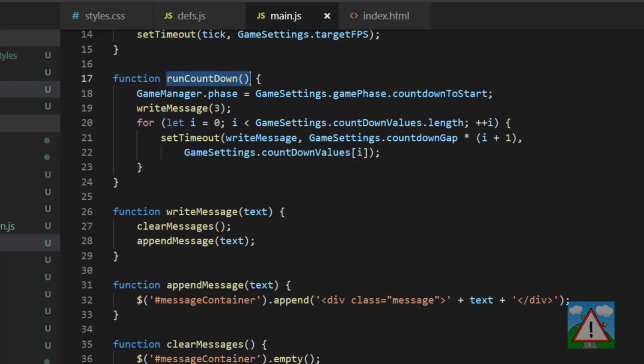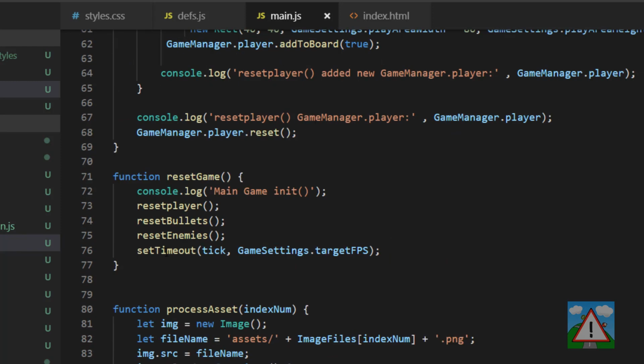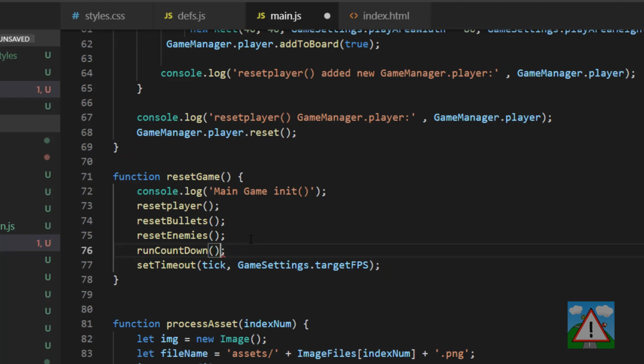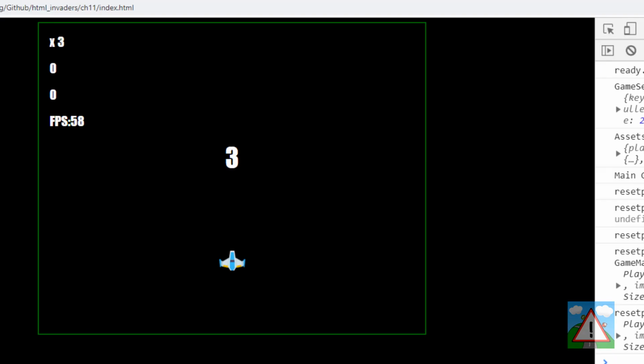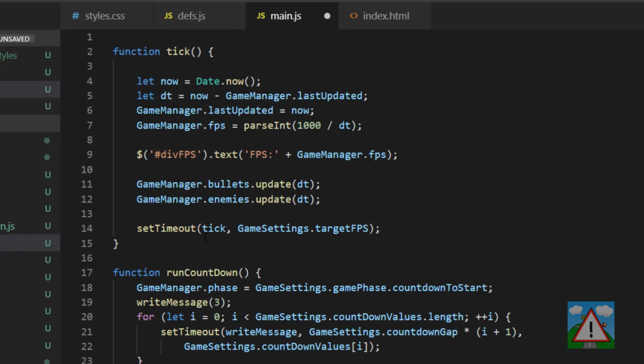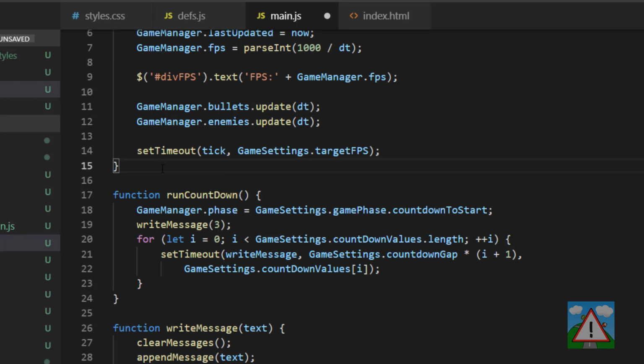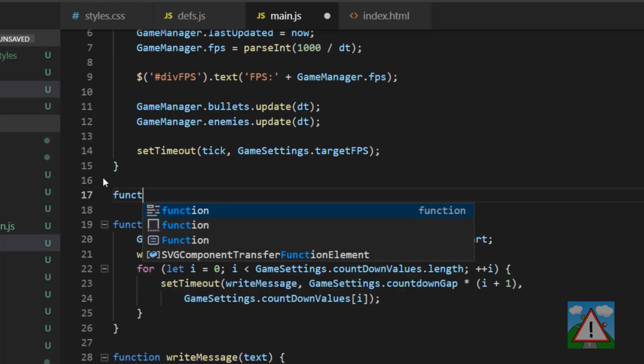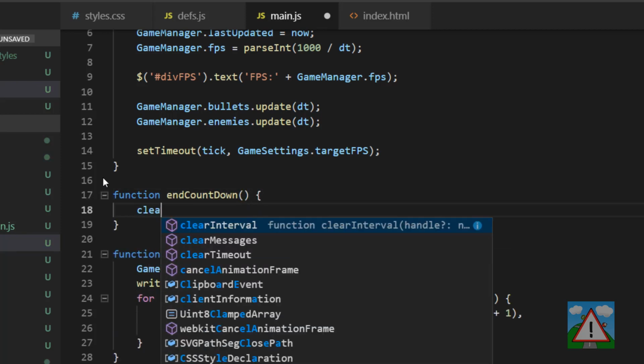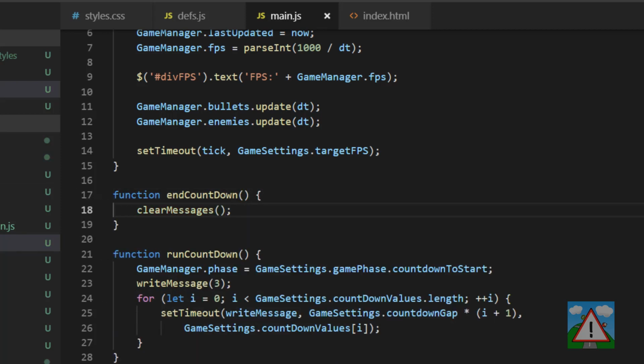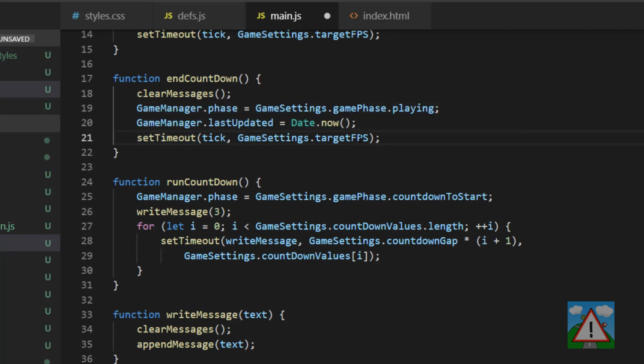I can test that very quickly just in the reset game. And you can see the countdown running there on the screen. What we need now is a nice way of ending the countdown, because we need to clean up obviously the go on the screen and things like this. So we'll clear all messages for a start. And in here then, when the countdown has ended, we'll set our timeout and our tick going. So we'll set our phase to we're now playing, last updated to now, and set our timeout tick game settings,